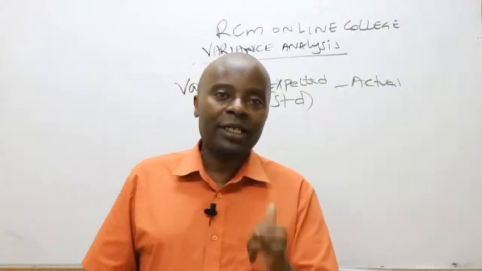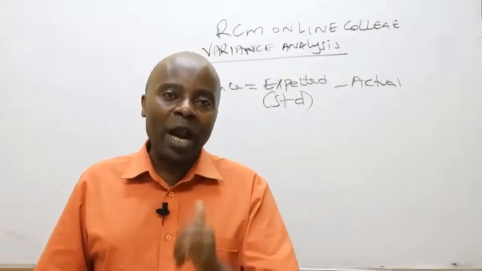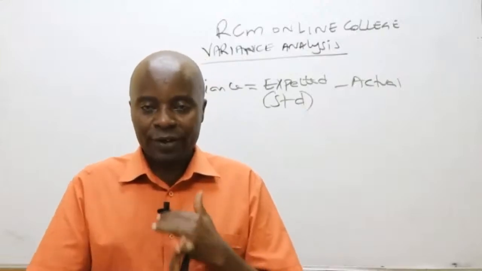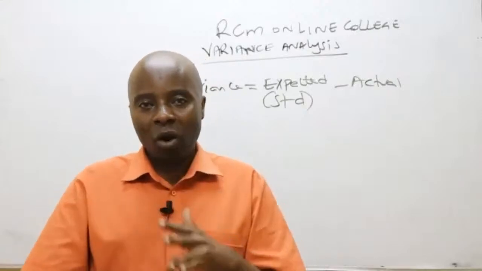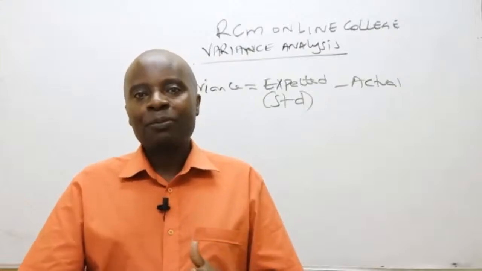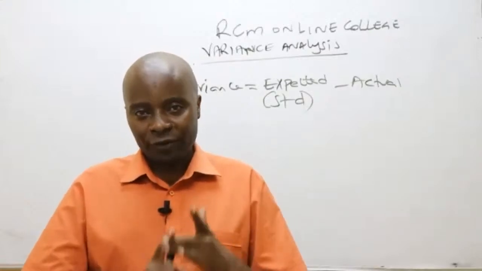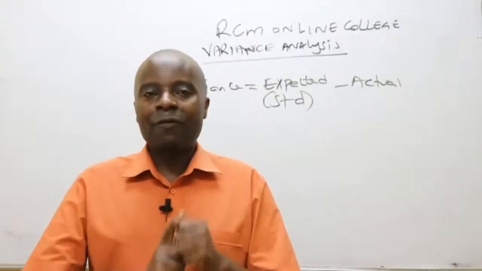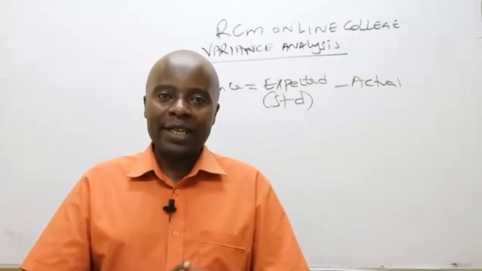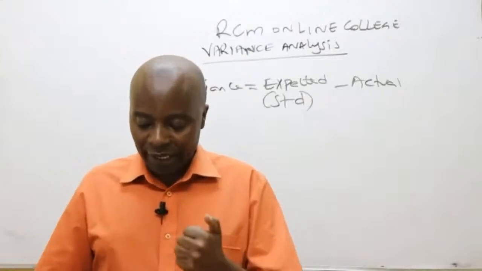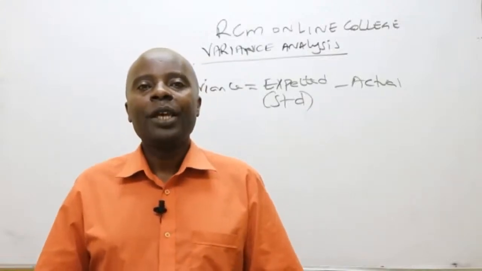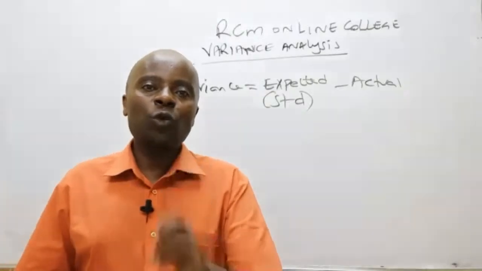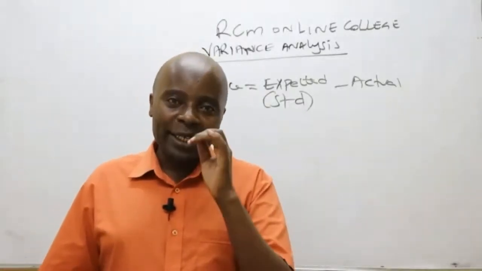We are repeating them very fast as you guys write. We have the material cost variance. Number 2, we have the labor cost variance. Number 3, we have the variable overhead cost variance. Number 4, fixed overhead cost variance. Number 5, sales variances. Now we will go to each one of them one at a time.